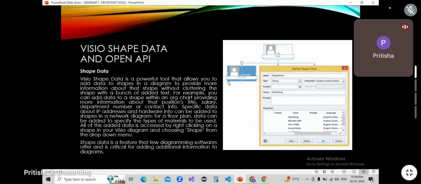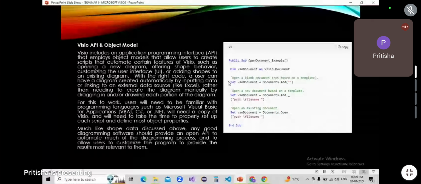Data can be the feature of shape data. The next one is Open API and object model. Visio also includes an application programming interface that employs object models that allows users to create scripts that automate certain features of Visio, such as opening a new diagram, altering shape behavior, customizing the UI, or adding shapes to an existing diagram. With the right code, any user can have a diagram created automatically by inputting data or linking to